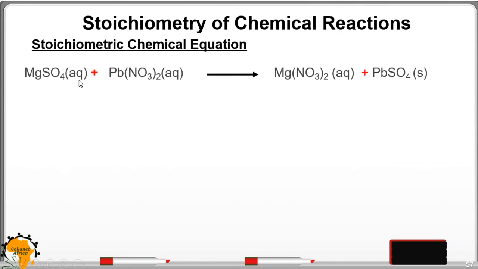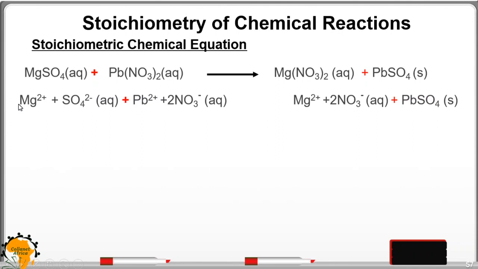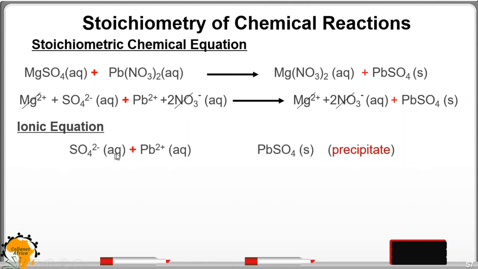So those which are in aqueous form form ions: magnesium ions, sulfate ions, lead ions, and nitrate ions. On the other side of the products, we have magnesium ion, we have nitrate ion, but lead sulfate, because it is a solid, does not form ions. Therefore, we look at the spectator ions. Magnesium is on both sides. Then we have sulfate, no. We have lead, no. But we have nitrate, which are spectator ions, so you cancel them out or you omit them in the equation. So after doing that, you will find that sulfate ions combine with lead ions to form solid lead sulfate,